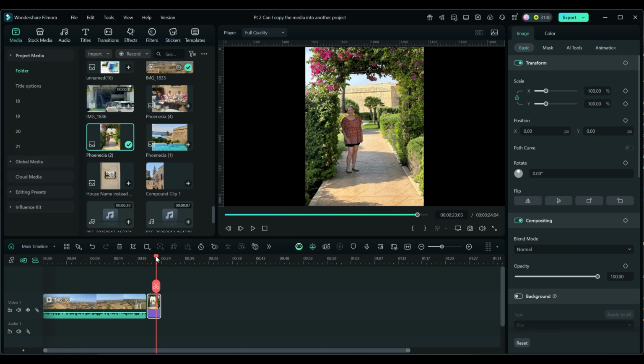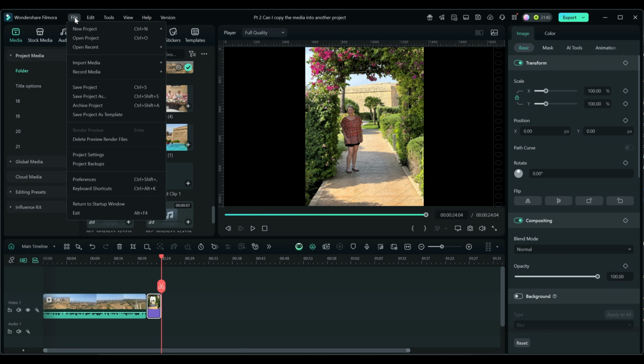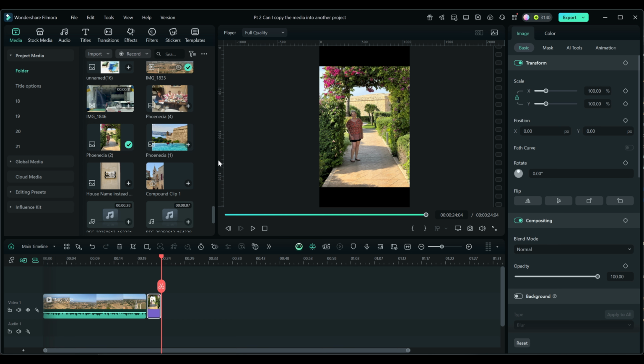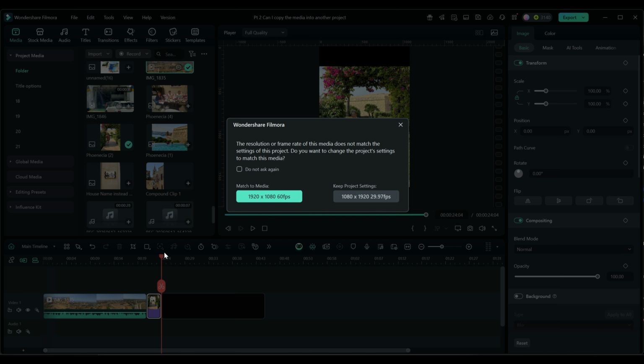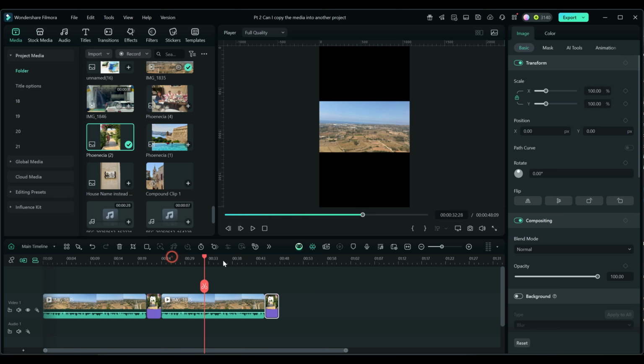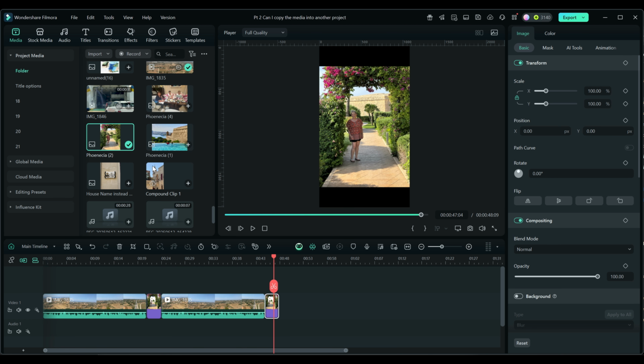And if we did the reverse, of course, then let's change the project setting. So now we're going to reverse it. We're going to use a portrait setting. And now if we drop our landscape media down there, that same one that we had before, and we're just going to keep the project settings, now we get this black band on top and bottom because this is now portrait mode. But likewise, when we take our portrait photo and put it on the timeline, it's going to be fuller. Well, I guess in this case it's not completely full, because this is not shot in a